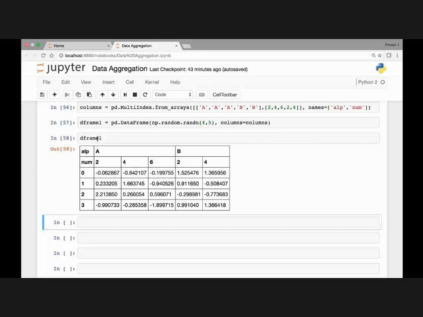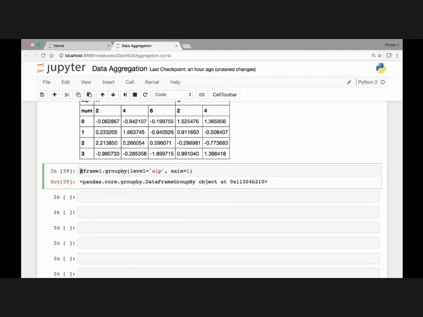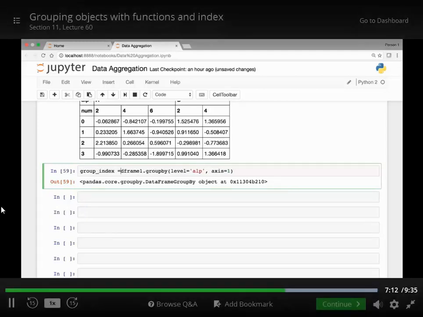So what we'll do is we'll group our data frame by using this index alphabet. We can do that. Let's see how to do that. So we have our data frame 1 object, and we'll call the group by method on it. And for this, we'll pass level as alphabet. So we'll group our data frame using the alphabet level of the column. So we use the argument level, and we want to group it along the columns. So we'll pass the argument axis and set it equal to 1. So if we run this, we'll see that it's a group by object, and we can save it in some variable. Let's say group index,